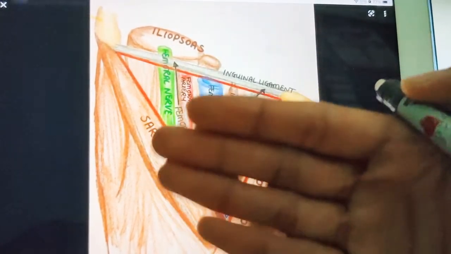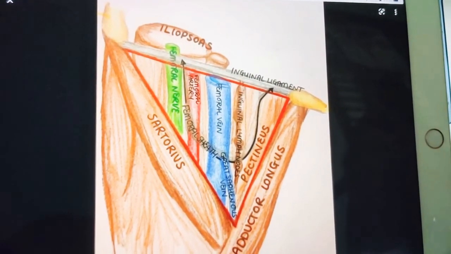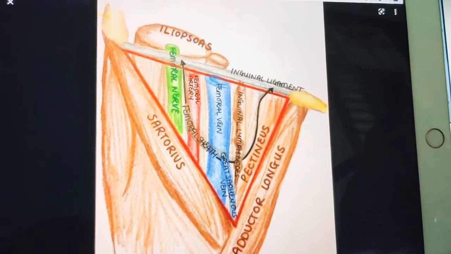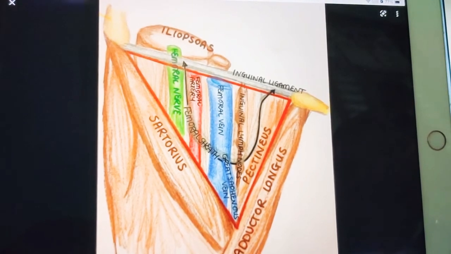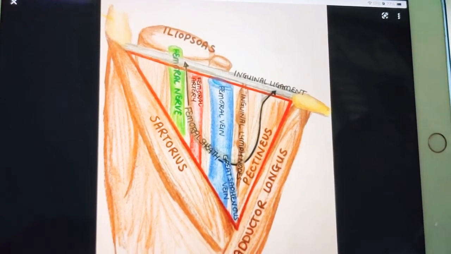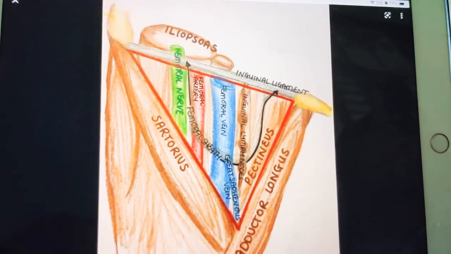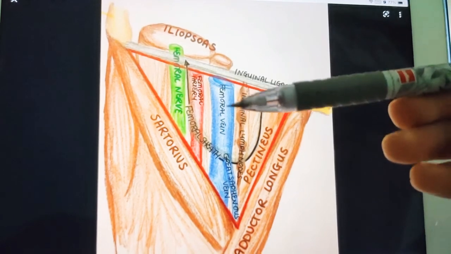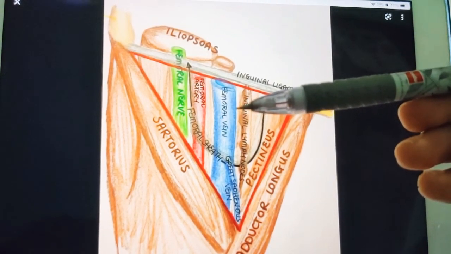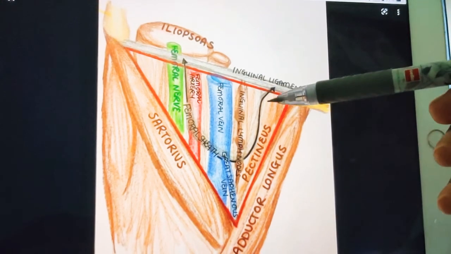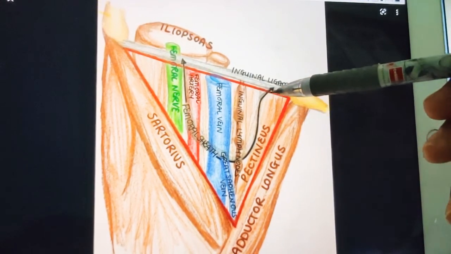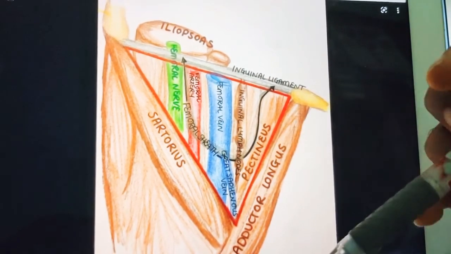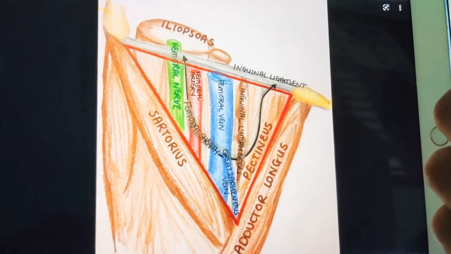So now let us understand the roof of the femoral triangle. Of course, you can imagine it is made up of skin, right? First, after that you will have the superficial fascia, right? That superficial fascia in turn contains the superficial inguinal lymph nodes, and also the femoral branch of the genitofemoral nerve takes part in the roof of the femoral triangle, and also the branches of the ilioinguinal nerve. Of course, if you remember, the ilioinguinal nerve supplies the medial part of the thigh, so the ilioinguinal nerve and also the genitofemoral nerve will be somewhere over here. So these are all forming the roof of the femoral triangle.